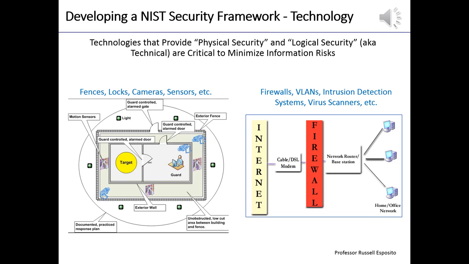And then to the right of the slide is all the logical security. That's what most of the course will be about: how to protect against a cybersecurity attack, with firewalls, VLANs (a virtual local area network), intrusion detection, intrusion protection systems, etc. We're going to spend a lot of time on that in the course, obviously, on the kinds of attacks that can happen and the ways to identify, prevent, mitigate, and control those events, and recover from those events, I should say. So these are the two important aspects of security, physical and logical. We're going to be spending a lot of time on the right-hand side of this screen, on the logical piece